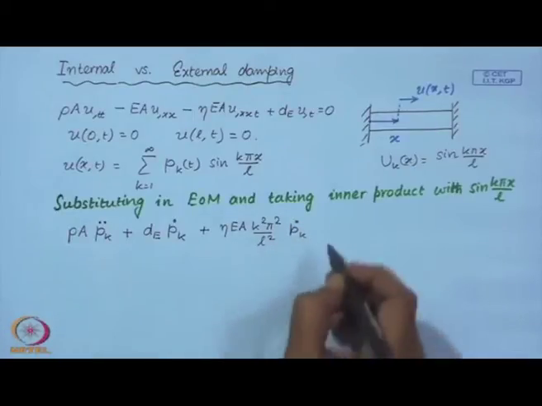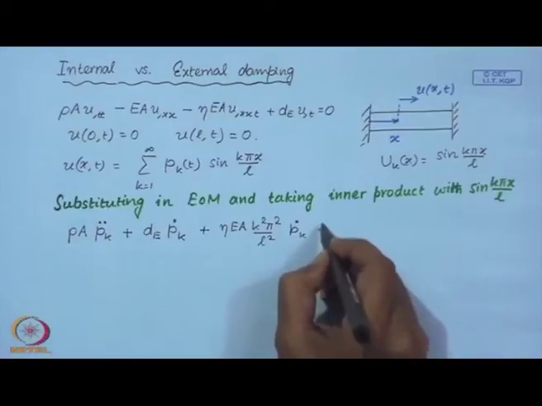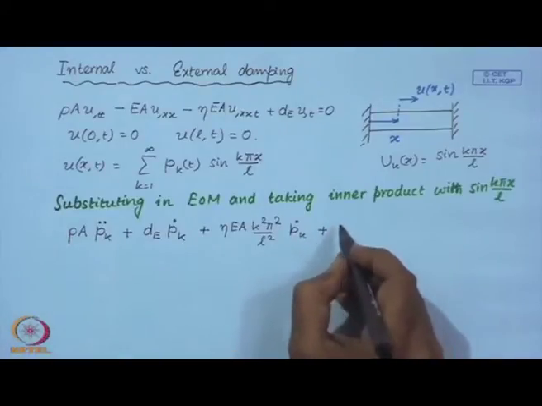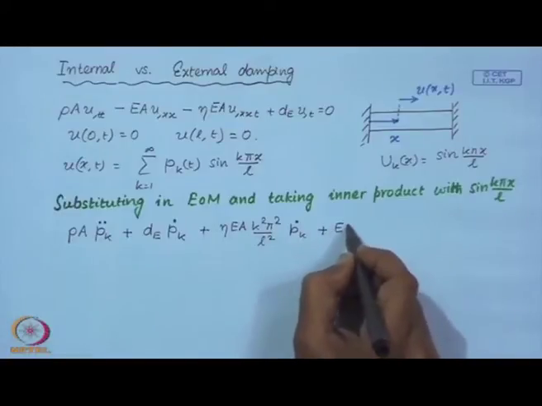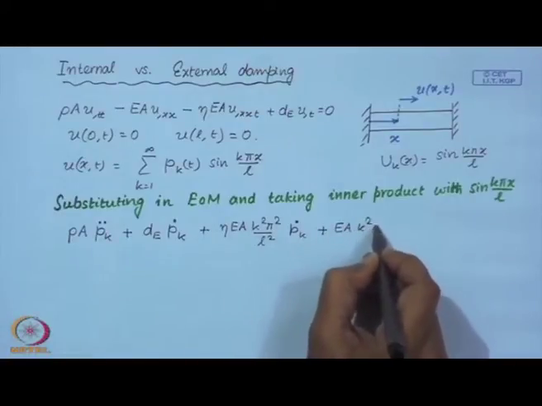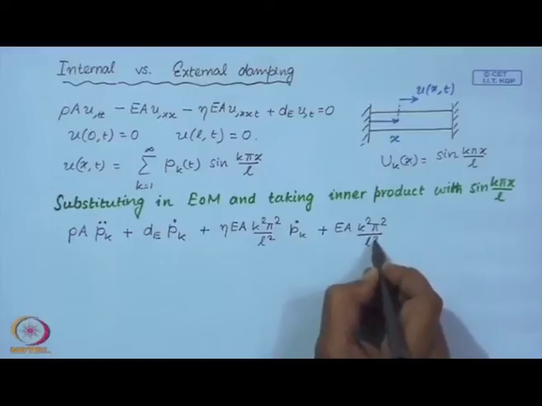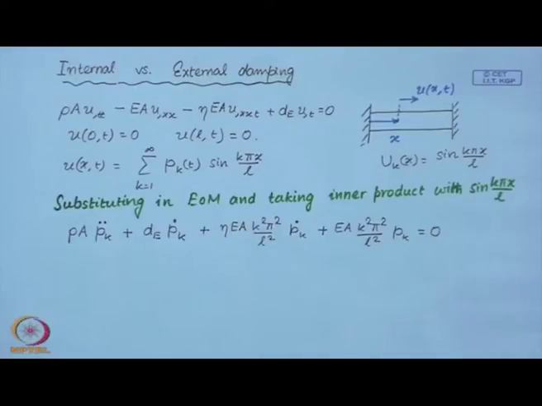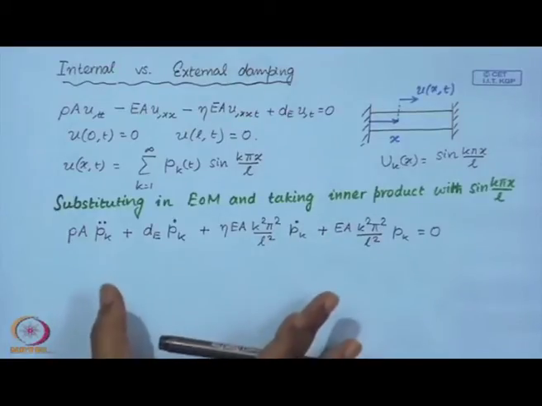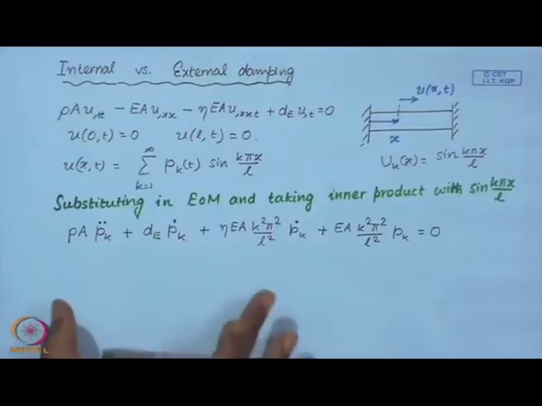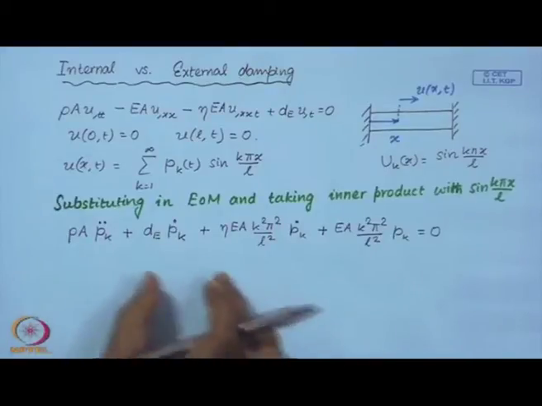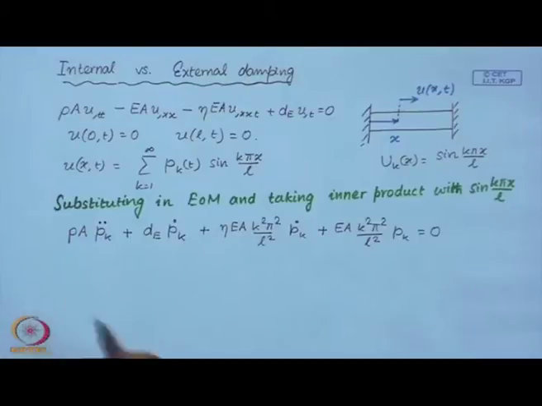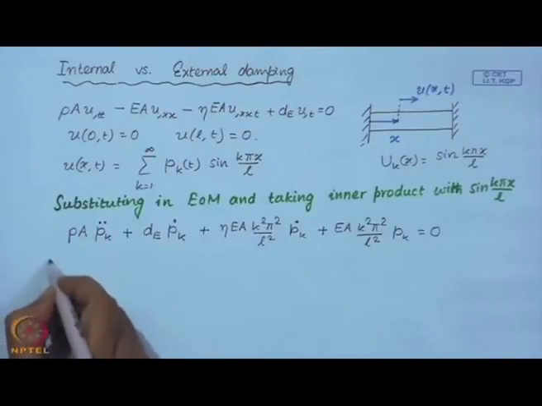So, this is the external, this is the internal damping, and so this is what we are going to get. Now, let us look at this equation one by one. So, suppose there is no internal damping, in that case, so when we have only external damping,